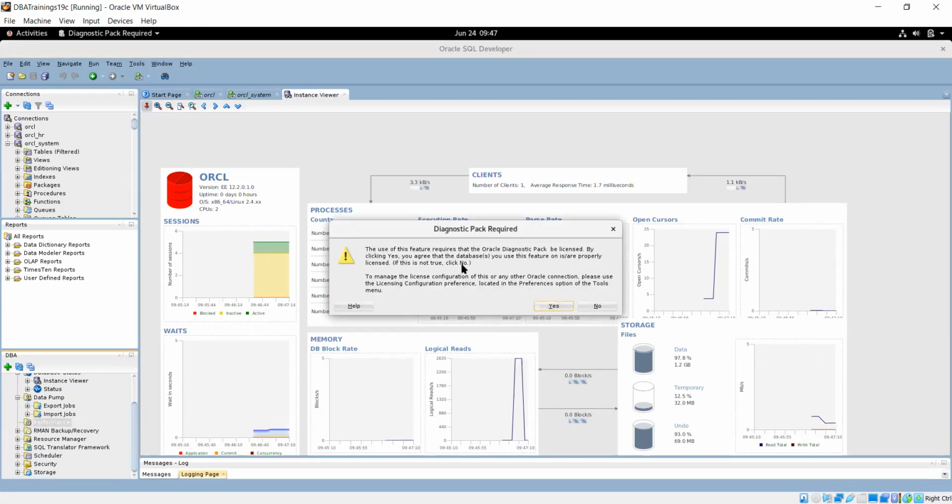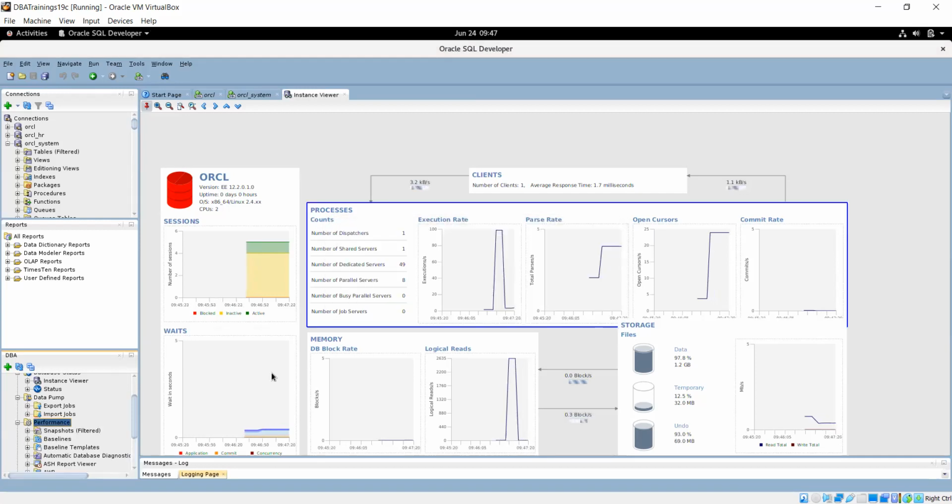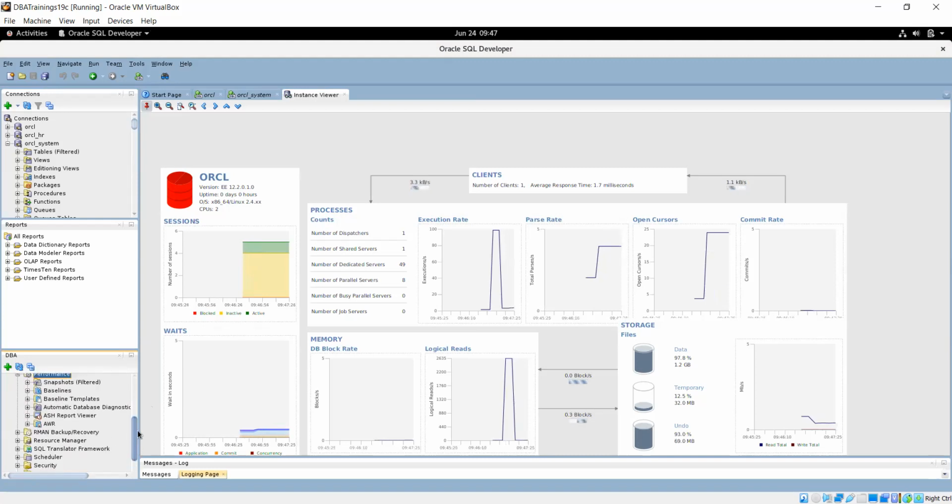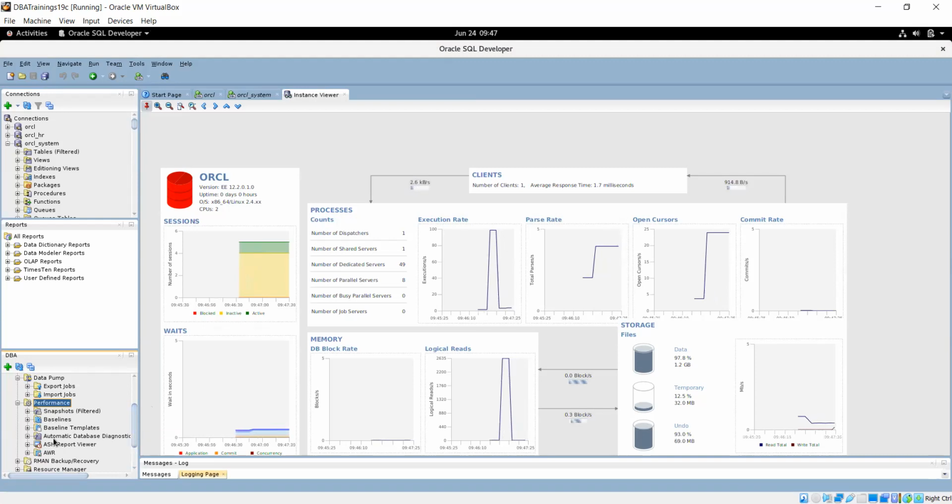Then it is saying, whenever you use it, your diagnostic pack license. If you click yes, of course this is for testing only, for learning purposes, we can generate the baseline. We can see the diagnostic monitor. We can do an AWR report.